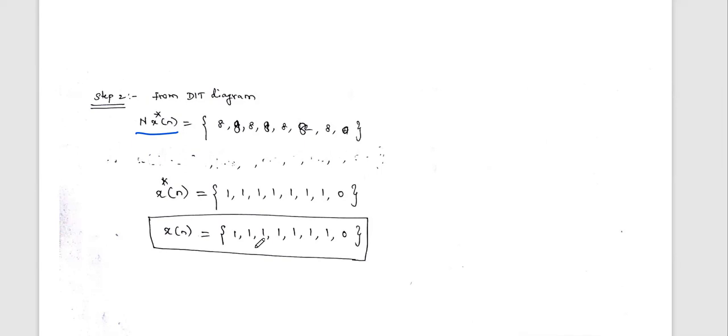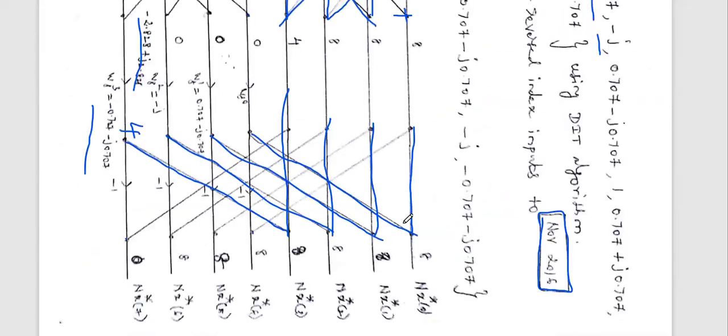Okay, so if you want to verify whether our answer is correct or not, already you know one thing in that DFT answer. In the capital X of k values, the first value you see is 7. This 7 is obtained by adding all amplitudes in the given x of n. So what is the amplitude appearing in x of n? 7 ones are there, one 0 is there. So if you add all these 7 ones, we will get the first answer, 7. Okay, so our answer is correct. So this is the inverse DFT problem.